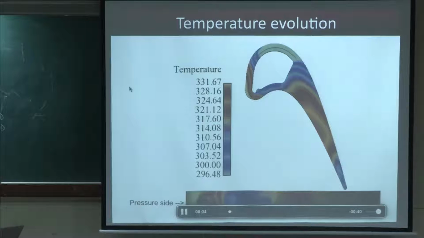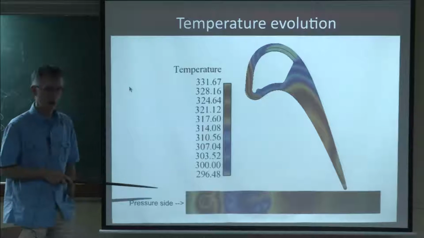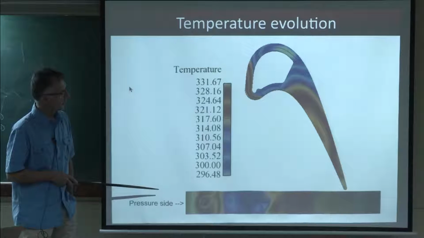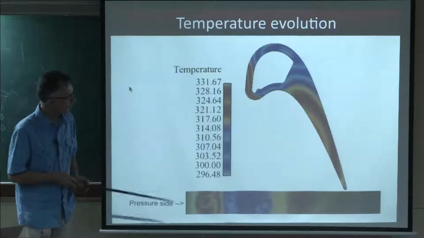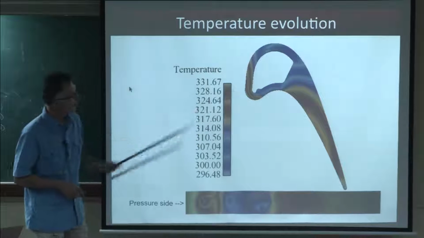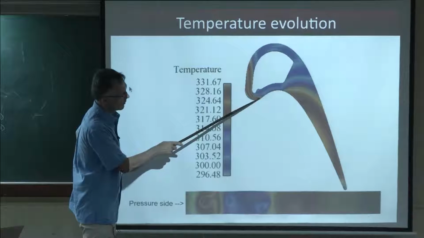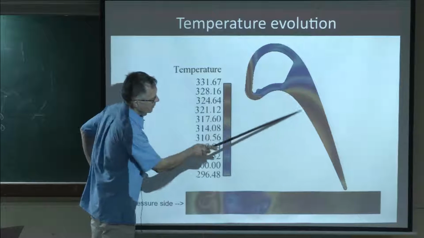Yeah, you can see the temperature in the blade now. That's the solid temperature computed with the solver, and you can see that it converges slowly. You can see this thing is still changing here. And you have a very hot zone here at the tip. Here it's cooled, and here it's getting warmer again.